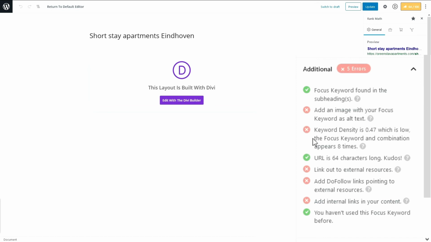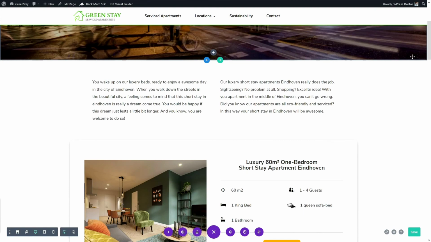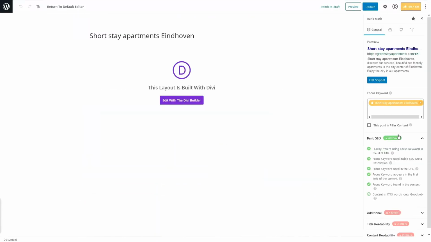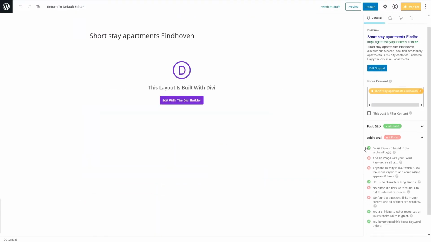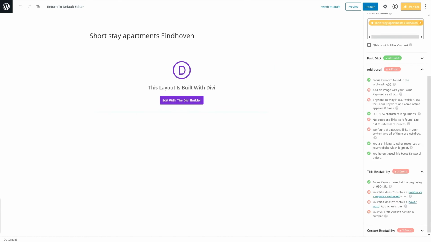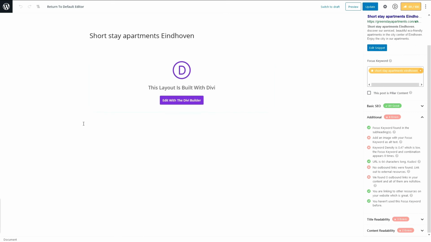I can do all these optimizations, but you already saw what's happening right here. So by using these things, we still know what to do. As I told you, this is just an advice. You can always change it, but for this page, I think I'm very happy with it.